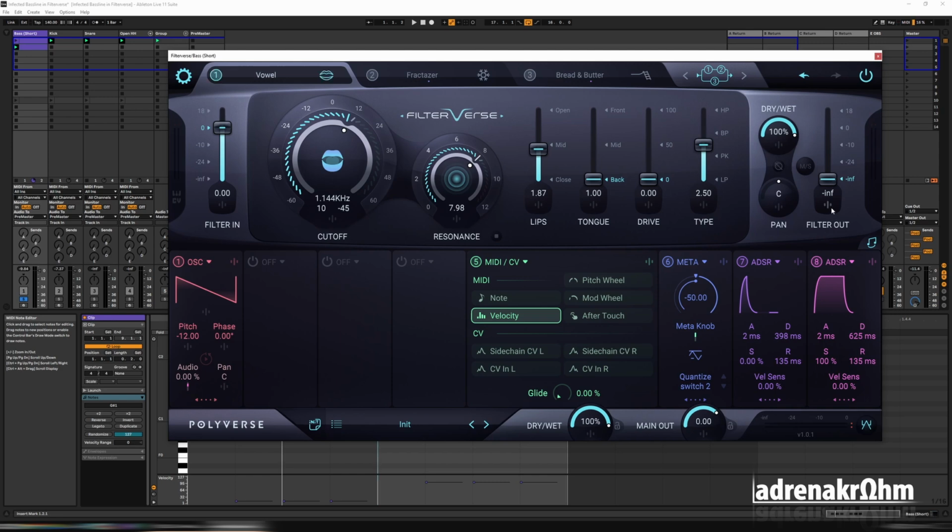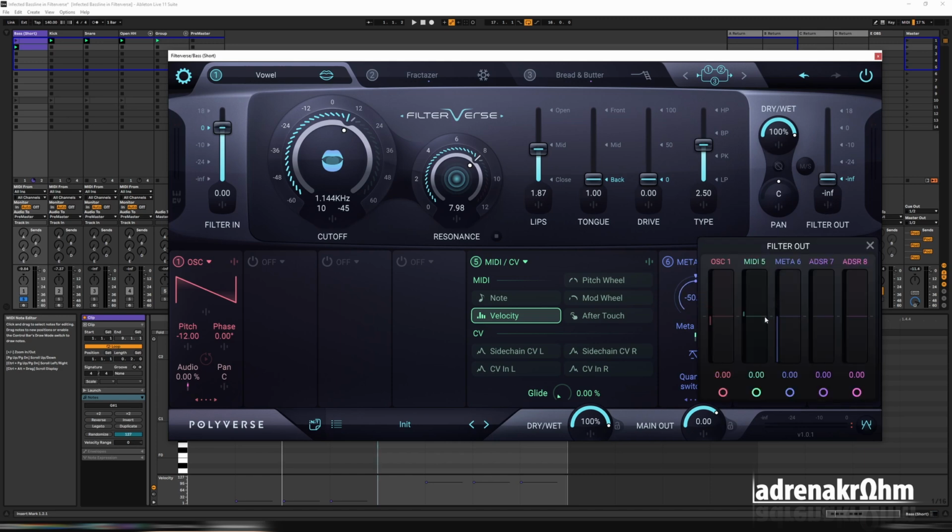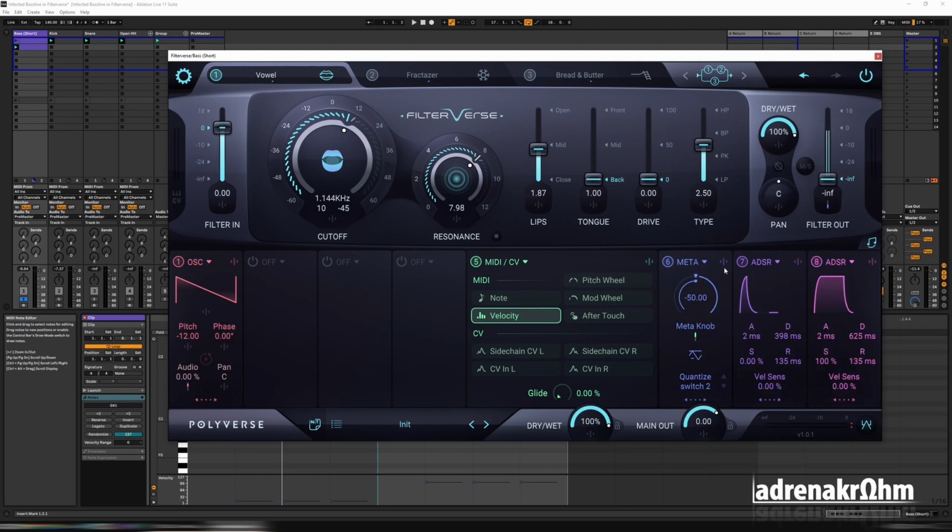And now this one is a little bit more complicated to explain, but I'll try my best. So because we're going to be in the negative part of the modulation, we need to in turn modulate this with a negative amount on the meta knob. So let's turn this down. And as you can see, when I turn it down, the depth goes up. And that's because we have a negative here and a negative there. Two negatives make a positive. So you can hear for the first half, we have the depth of the vowel increasing